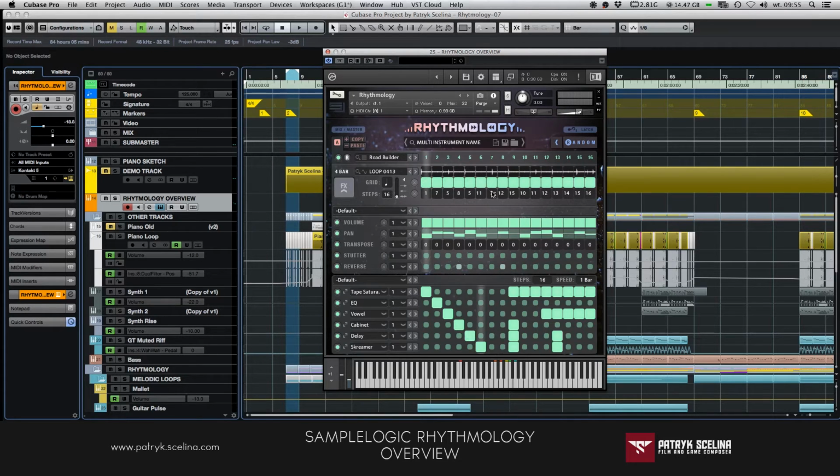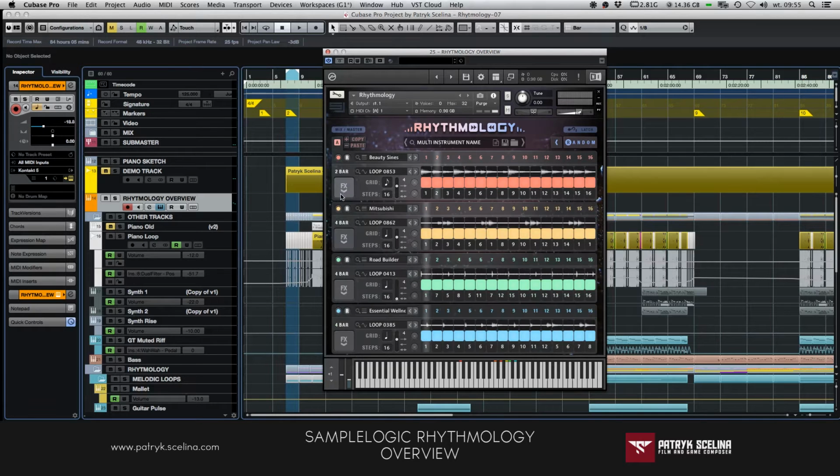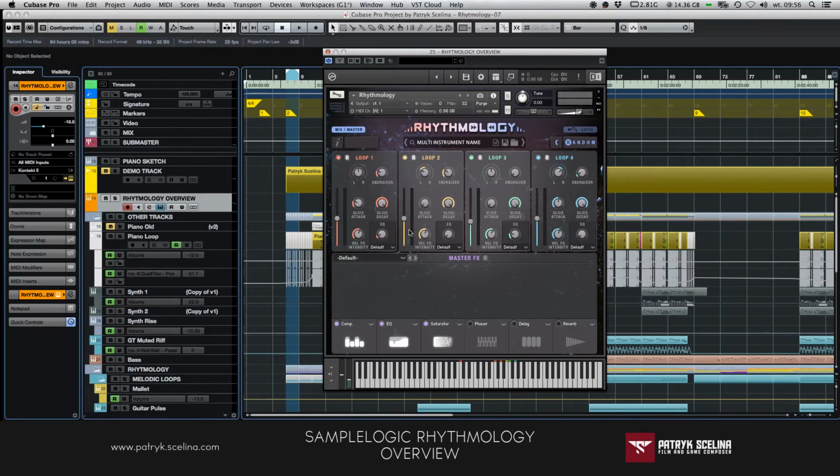Okay, so I think that's almost everything about the settings of the single playback engine. But what is really great is that we have a separate window for mixing. So if we have many loops, well, 4 loops, we can change volume here, we can add some EQ, and this is actually something you choose by changing a preset. So you can add